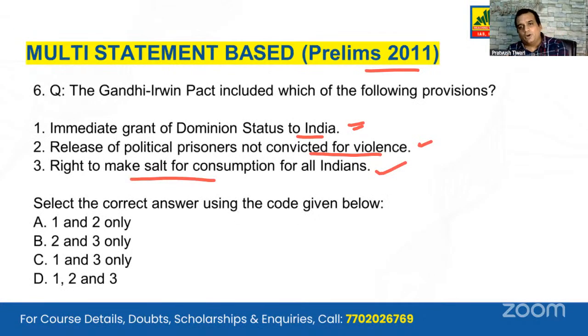And for modern history, again I will say to you that the way forward for modern history will be the NCERTs. Get the NCERTs done for the medieval, the ancient, the art and culture, and modern history. We will provide you the notes. Most of the questions that you have seen here, we have already discussed. Most of the questions that came in 2025, we have already done in our live batches. But you need to check it. You have to somewhere or the other go through it.